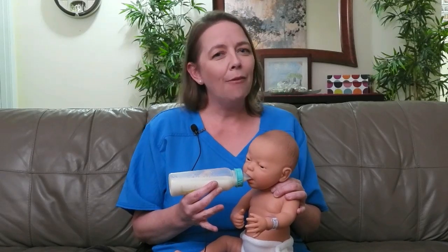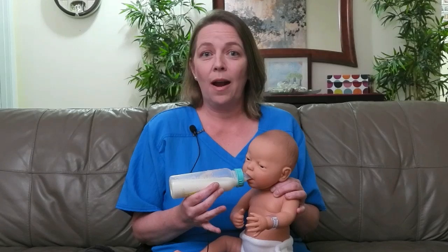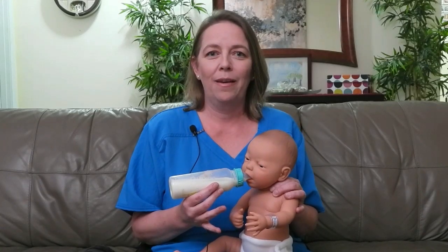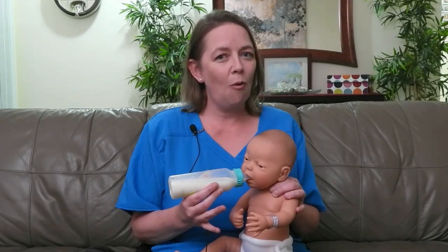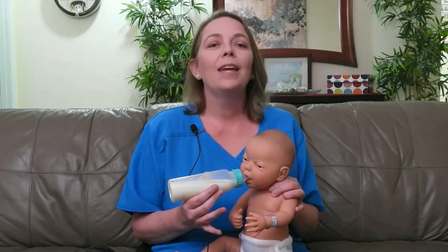When the nipple is half full of milk and half full of air, the milk flows out slower and the baby must suck more effectively in order to get the milk out. This helps develop strong oral muscles and teaches the baby that they need to continue to suck in order to